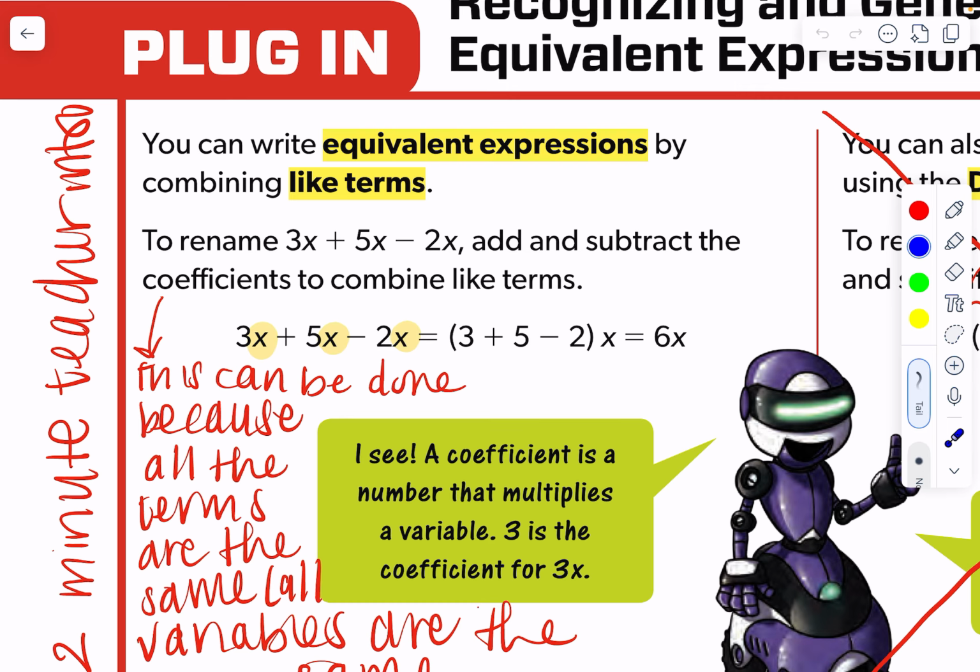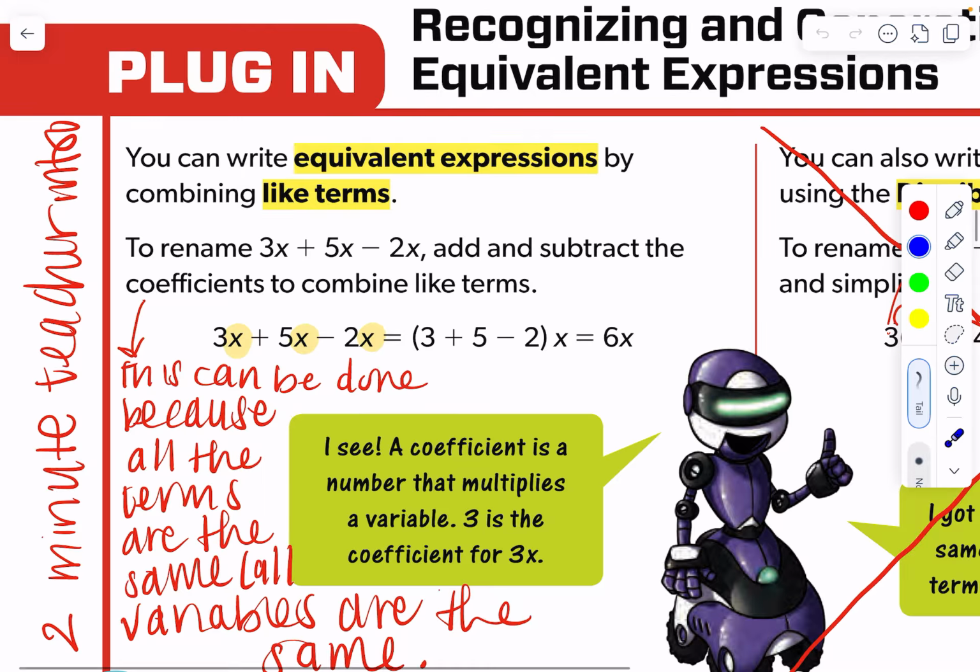And so all we then have to focus on is combining the coefficients, right? So 3x plus 5x is 8x. Then we are taking away 2 of those x's. 8 minus 2 gives me a total of 6x. Remind students that